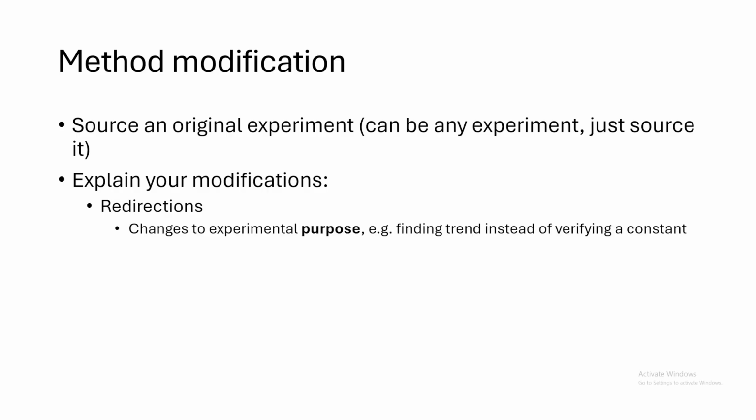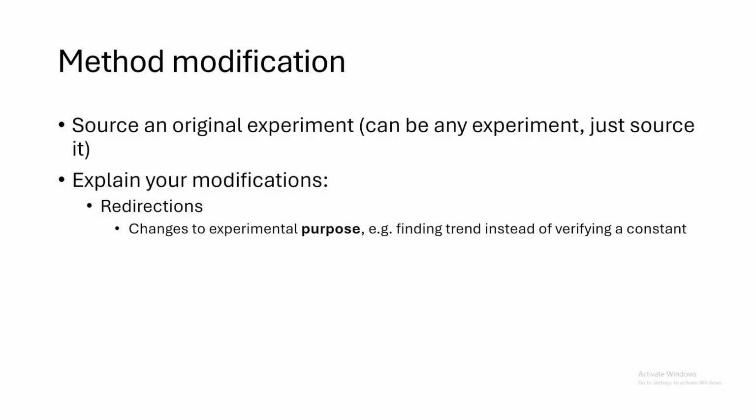So a source of where you got the idea or the method or the techniques from. This doesn't have to be specific, just Google something on the internet and source it, or look in your textbook. And with your modifications, which is the important part in this section, you need to explain